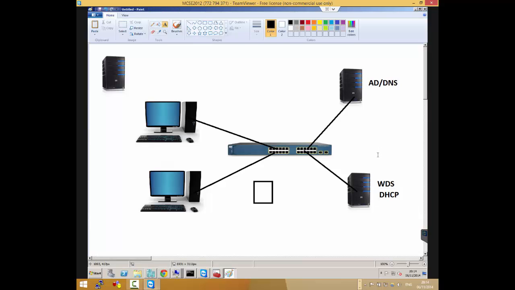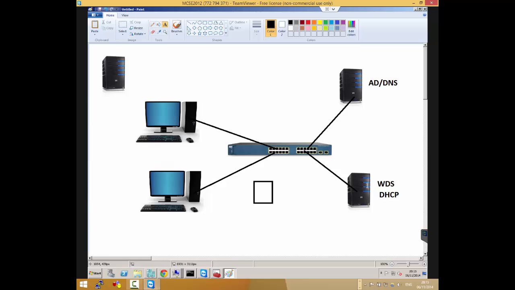If you have DHCP installed on the server first, which most likely you already do, because part of the prerequisite for WDS is DHCP, and then you install WDS on the same server, WDS will automatically configure option 60, I think 66 and 67 on DHCP. You won't need to do it as an administrator. It does that automatically by itself if WDS detects the server it's being installed on also has a DHCP server. So it will configure all those options by itself. You don't need to do anything.